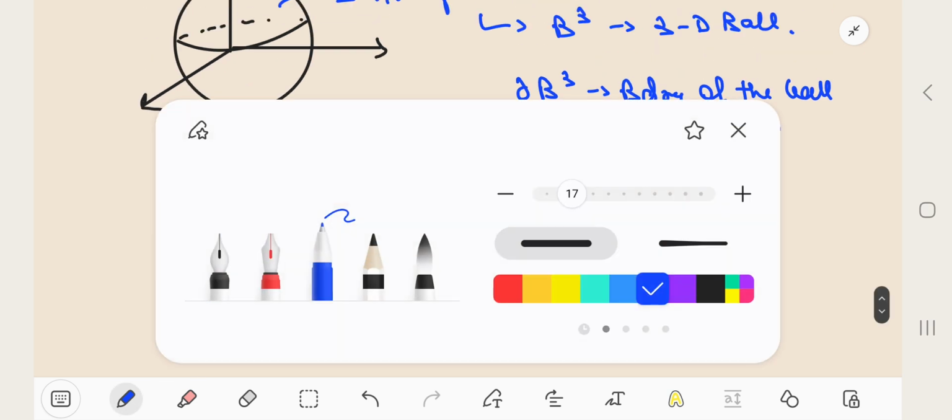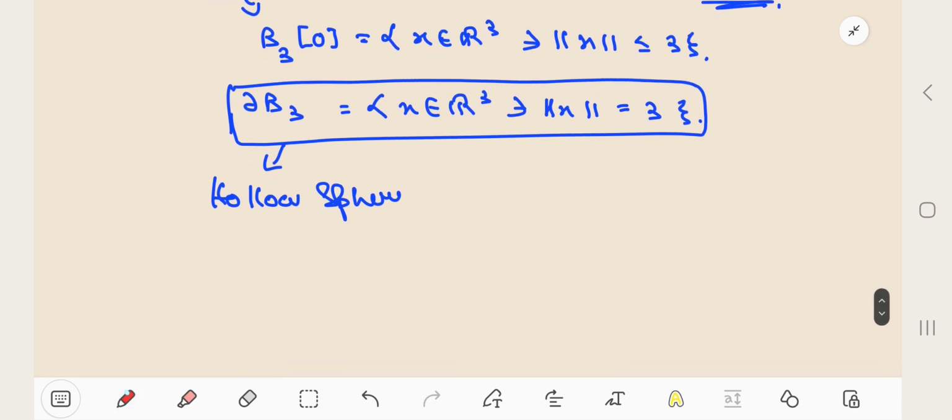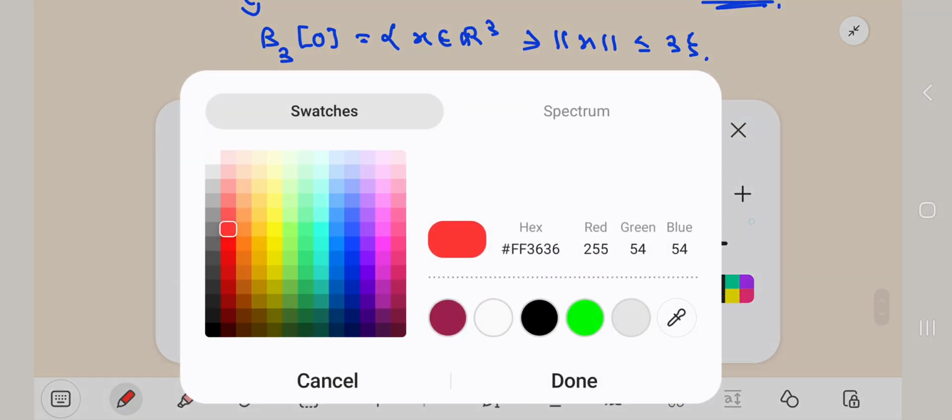This boundary will consist of only the surface of the sphere, if you carefully observe. And if you zoom inside the surface of the sphere, you will see that it seems like a plane. What I mean to say is that suppose I choose,